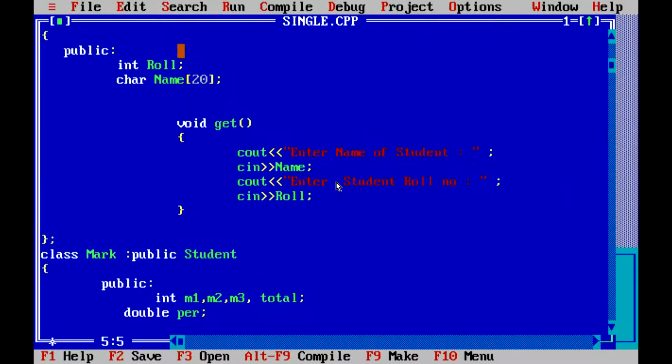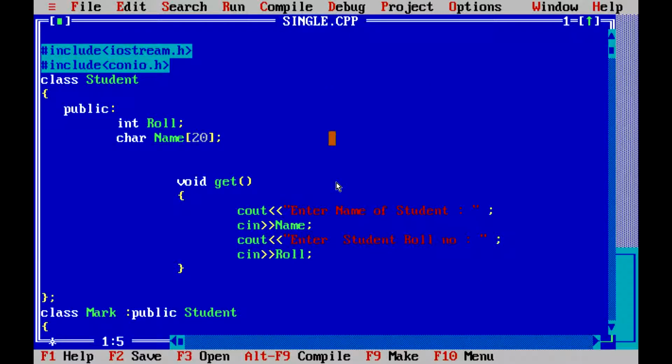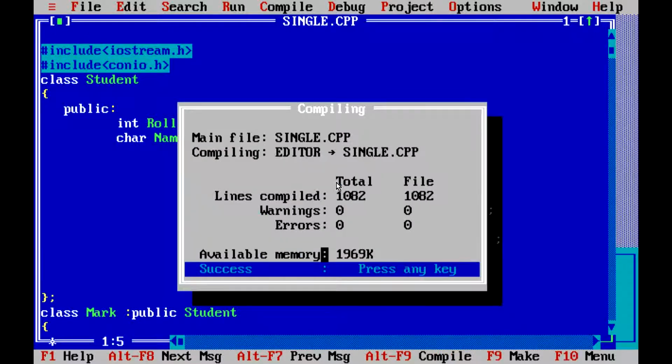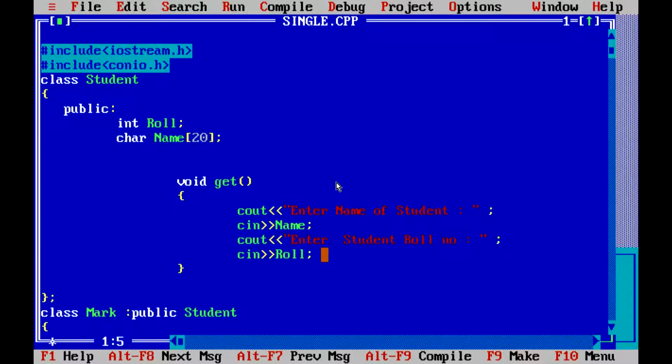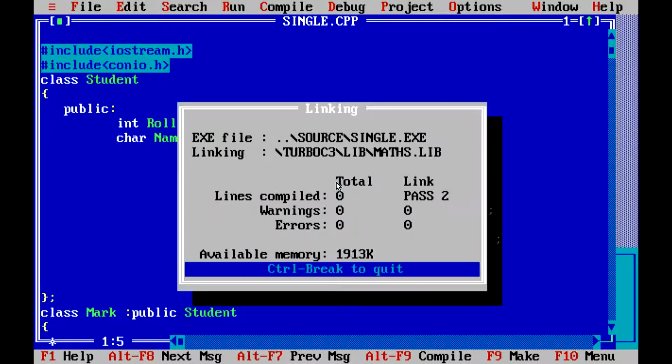So we first compile the program. Its shortcut is Alt F9 for compiling. Our program is compiled successfully, there is no error. Then we run the program with Control F9.